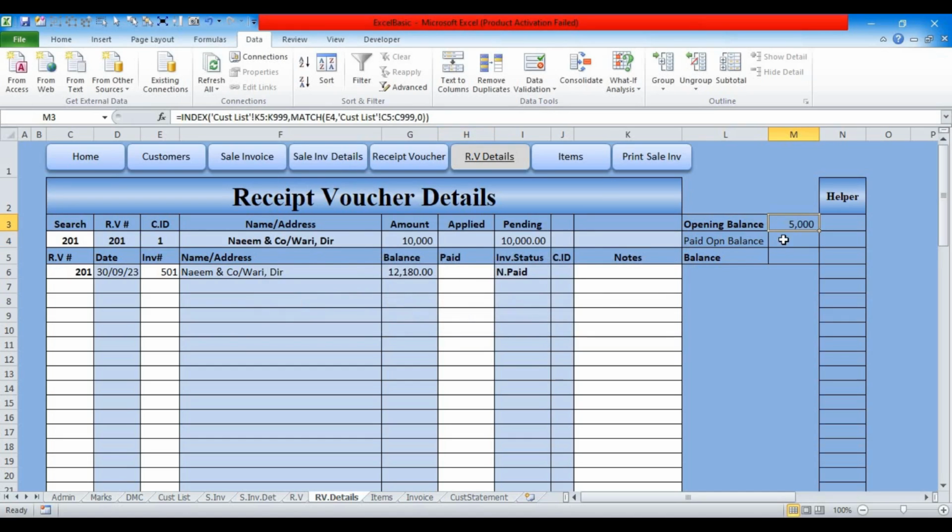If he pays some amount, I'll use the sum if for that for later on. So he pays 5,000 from this opening balance, then the remaining should be equal to 5,000 minus this amount. Press enter. At the moment I'll delete this 5,000. So now I know that he has a balance of 5,000 opening balance, and this 12,000 is the invoice balance